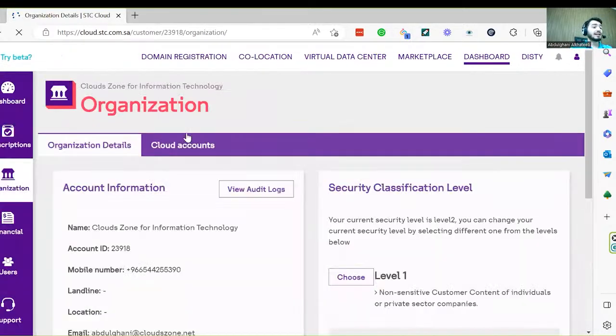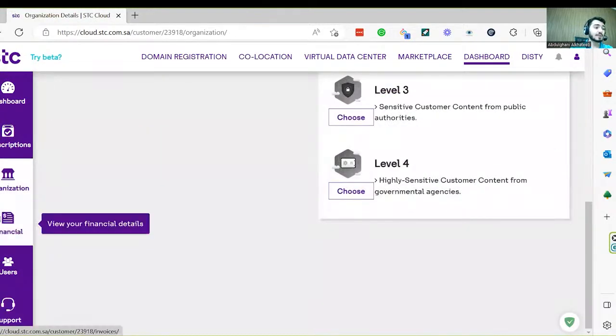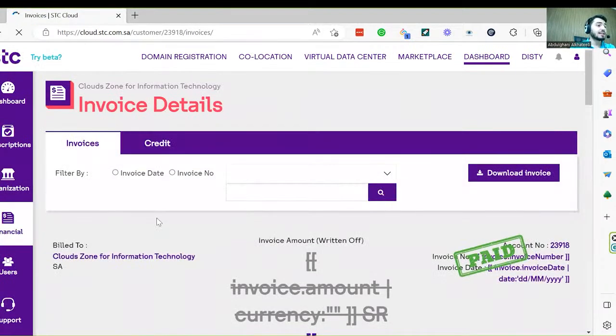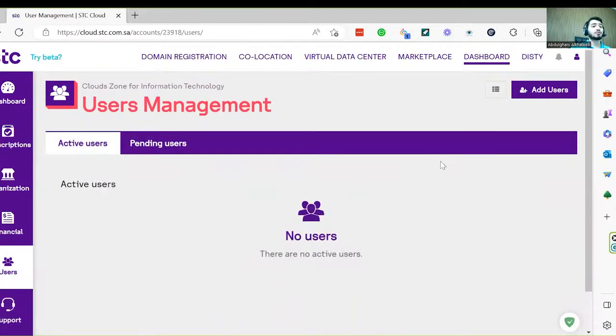It's a virtual application to manage your subscription and cloud computing. Organization, if you have several organizations inside one account. Financial, here you can explore in detail your invoices and the credit that has been used. Also, you can explore the users, you can add multiple users and employees, and also you can go to support